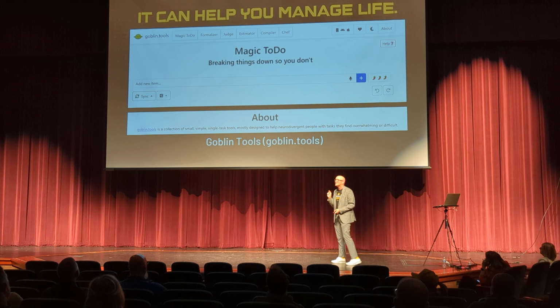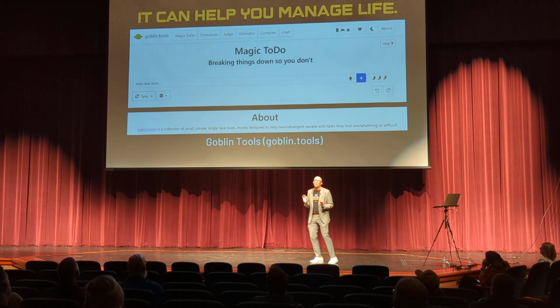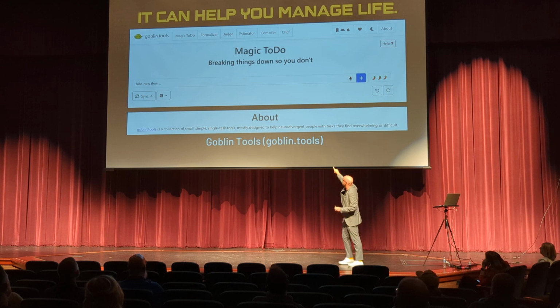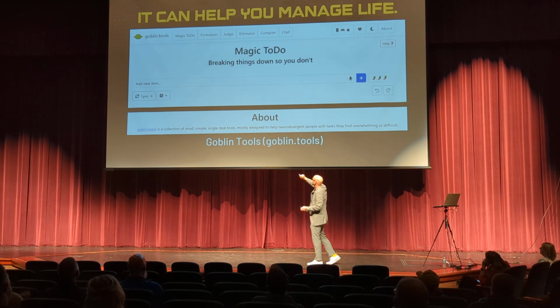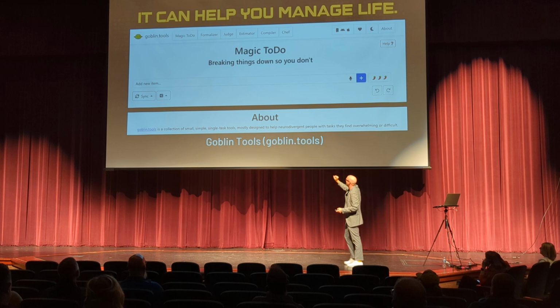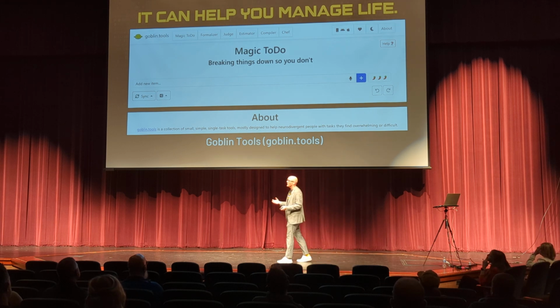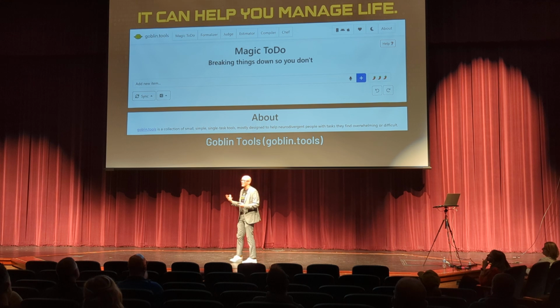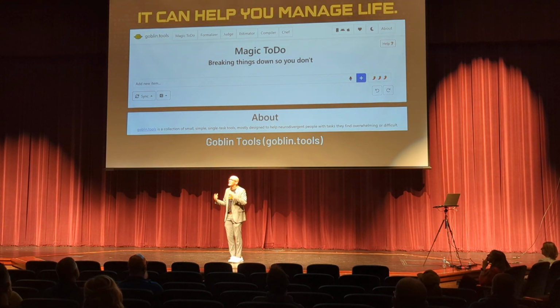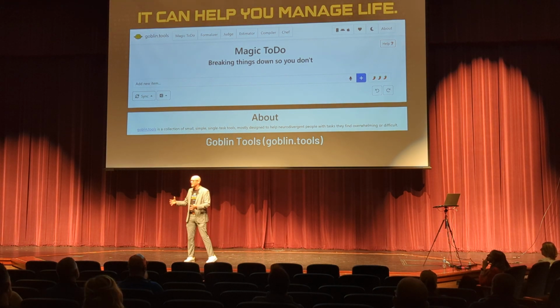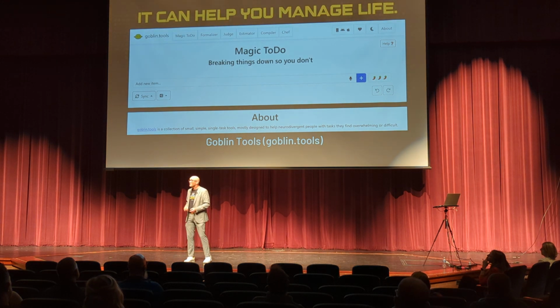Here's another one. This is a teeny tiny little one, but it's so helpful. So this one's a tool called Goblin Tools. And if you read the about part, it says Goblin Tools is a collection of small, simple, single-task tools, mostly designed to help neurodivergent people with tasks that they find overwhelming or difficult. If you know a kid who struggles with, in schools we call it executive function. It's like being able to manage and navigate their life and get through the things that they need to do. And if that's hard,